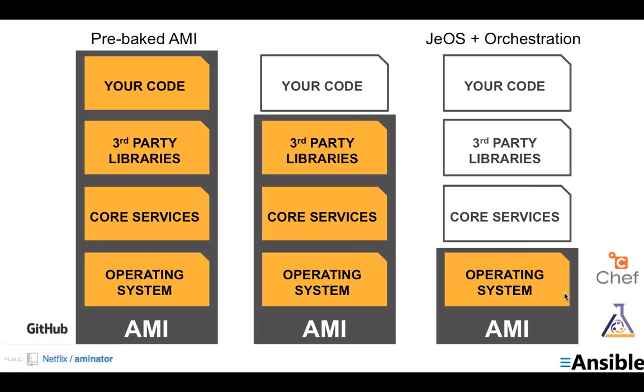Now, why did Netflix choose the one on the left? The reason is that Netflix wanted to avoid a couple of things. They wanted to avoid the slowness of orchestrating. They may spin up hundreds of virtual machine instances at a time, so they wanted them to come up as fast as possible. The second reason is that they wanted to avoid any potential failure mode related to the orchestration engines or management systems, or the repositories from which they download their packages. But again, cloud is flexible, it gives you choice, so you can play with these different options and choose the one that works best for you. However, I recommend a couple of things.